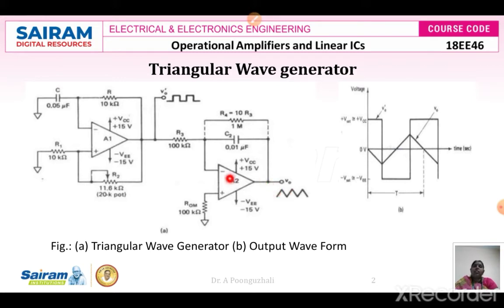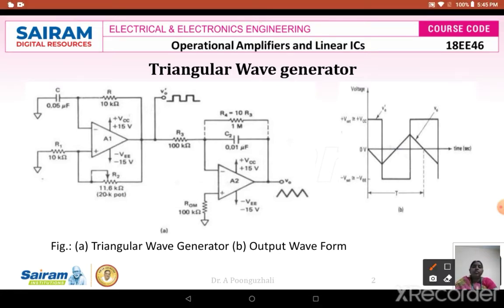So the basic operation, if you are going to see, we are going to take two op-amps, your A1 and A2, where A1, the first part, is going to act as a square wave generator, where we are going to have in the feedback your resistors R1 and R2. And here you are going to have the other feedback to the inverting terminal through your resistance R and your capacitance C. So how your square wave is going to be generated, first we are going to see there.